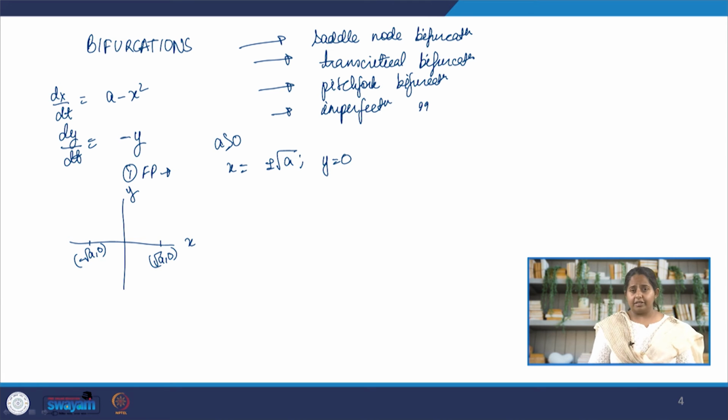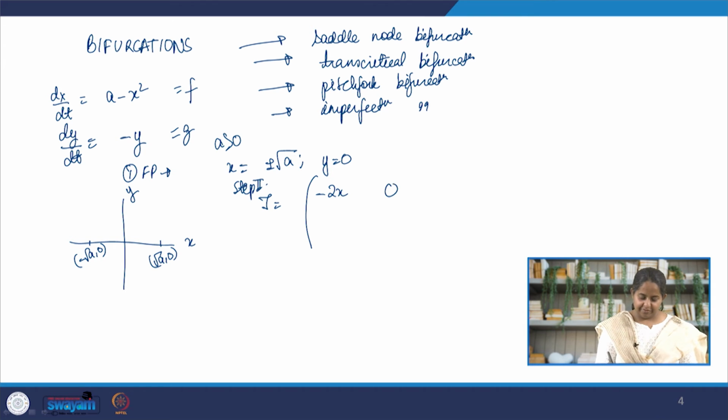Now, in order to find the stability of this system, let's find the Jacobian. So, that's step 2. The Jacobian of this system is very simple. Let's say this is the first function, this is the second function. We need to find partial derivatives of them with respect to x and y. By the way, we can also use nullcline methods for this, but I want to go through the Jacobian. Hopefully, it will be a good revision for you. So, this is our Jacobian, and then for our characteristic equation